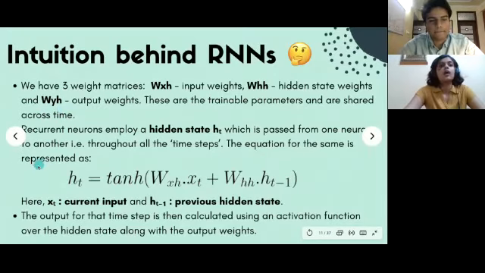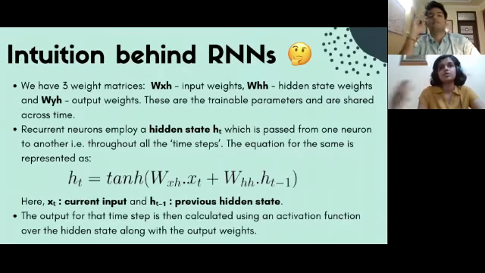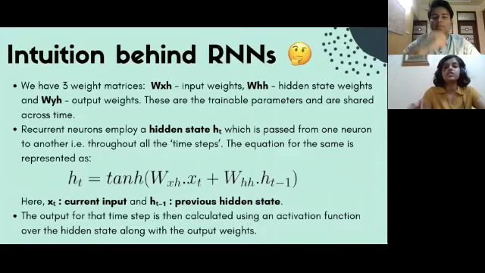So why are they important? Like, why do I need to remember this? So you know that the weight matrices are what get updated in any neural network, right? They are what help us minimize the loss function. So hence, what makes these weight matrices special, that is, what makes the RNN special, is the fact that they are shared throughout time. So this is another point that you need to remember. They are shared throughout time, as in through each and every unit.